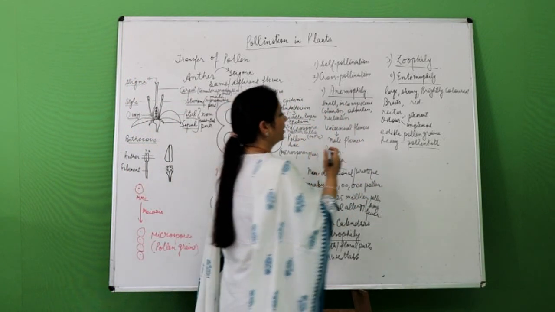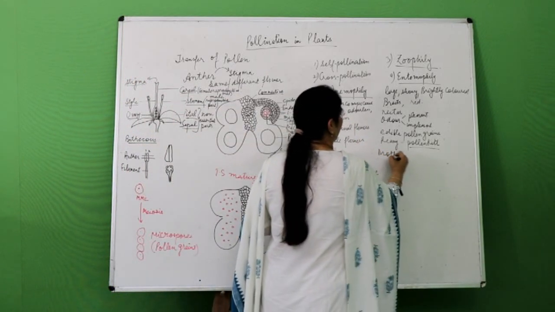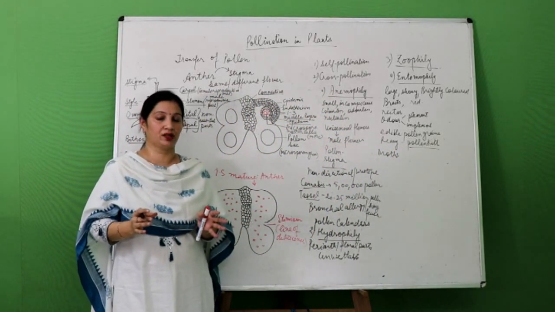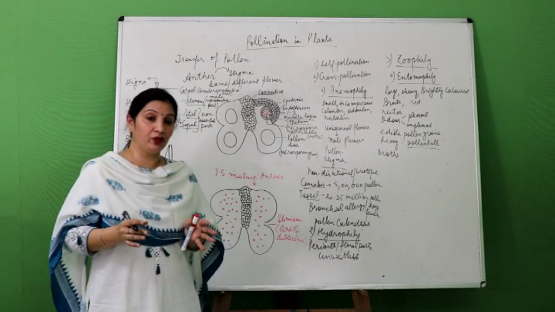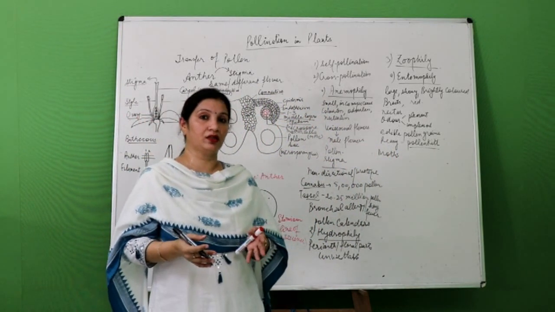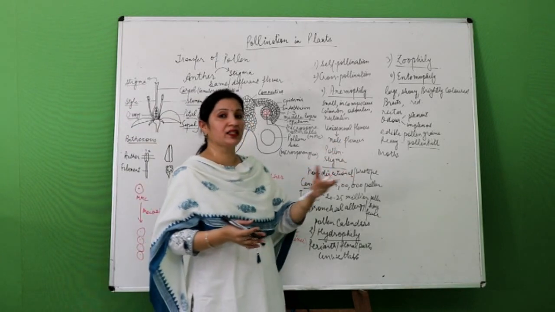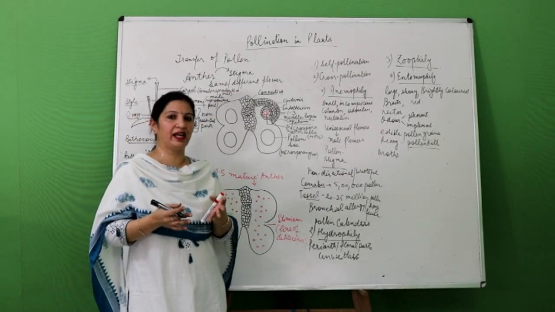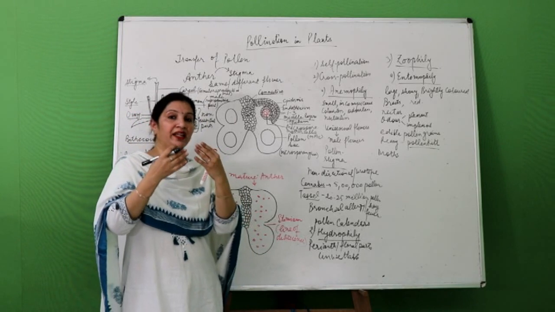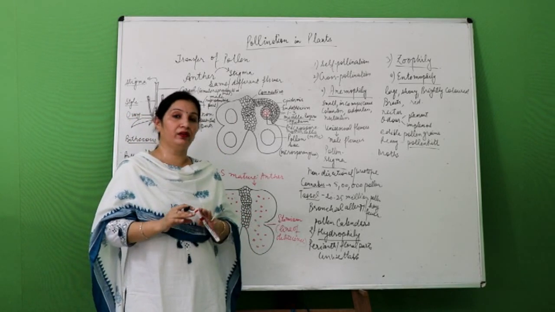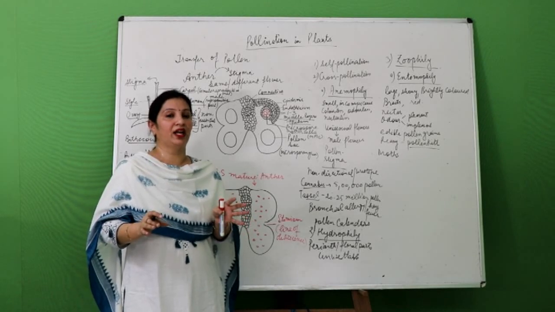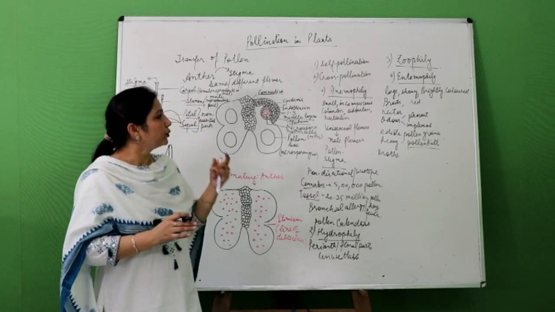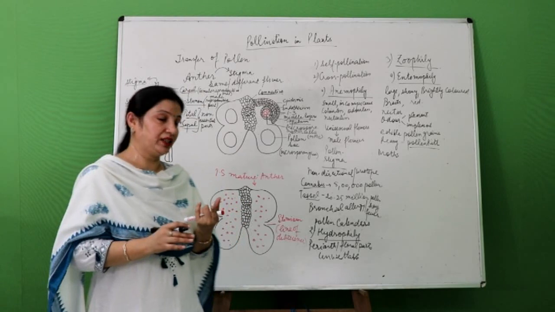Now the moths usually visit yellowish or white colored and highly scented flowers at night. And the butterflies and wasps usually prefer to visit red colored flowers. And the bees are basically colorblind to red. They use UV radiation to see colors, and in UV radiation the red color appears black to them, and so they rarely visit the red flowers. They usually prefer blue, purple, violet or yellow colored flowers, right? So this is regarding the insect pollinated flowers.